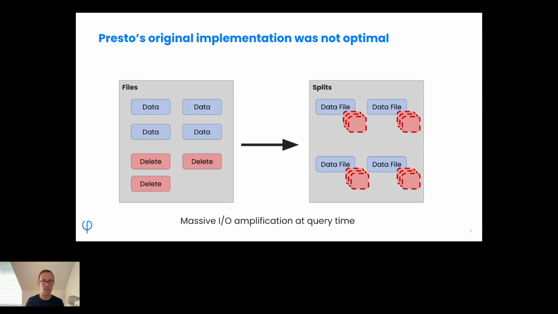Now, for each delete file, in order to know which row within the file to delete, Presto would read all of the delete files, right? So if I have one delete file, no big deal. The split opens up its data file as well as one delete file. But if I have a lot of delete files, meaning I'm deleting multiple rows continuously and generating more and more delete files, each split within Presto would have to open all of the same delete files over and over and over again, right? So it creates massive IO amplification at query time,